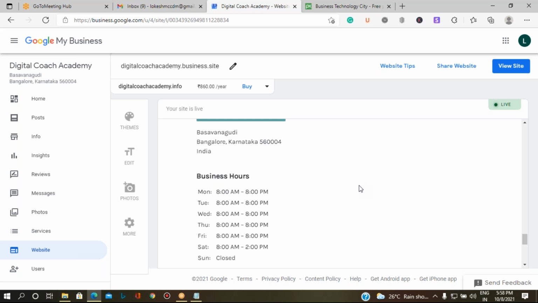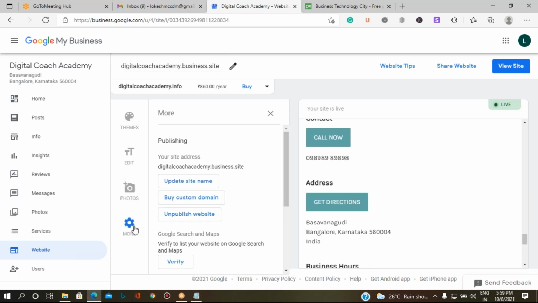If you want to know what your website address is, you can see this website address on the top itself, which is going to show like this. Or in case you don't find it, you can click on the more option. Here you can see your website address. Here the extension is .business.site.